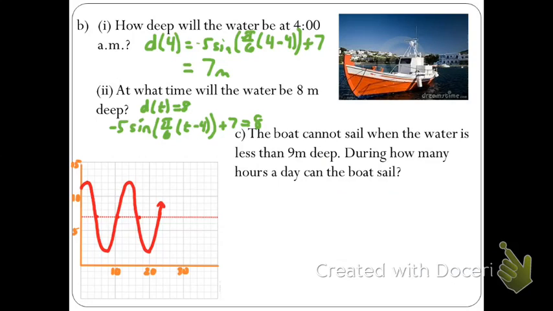And make your window settings go from 0 to 24. Make sure your calculator's in radians. We're not using any units here, so we're assuming everything is measured in radians. And go ahead and solve for the t on that interval. But let me show you in the picture exactly what you're going to be looking for when you do that. We're simply going to be looking for all the places where the line y equals 8 intersects the graph of our function. So if I were to draw this line y equals 8,